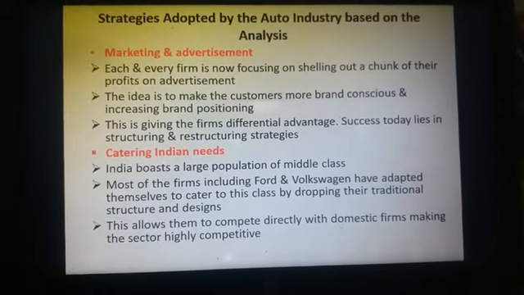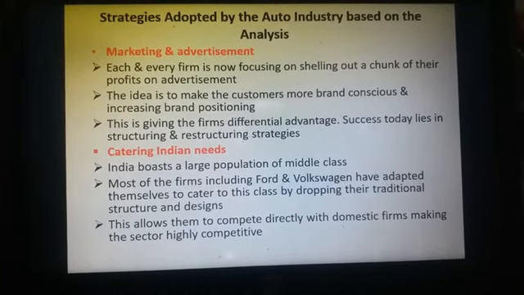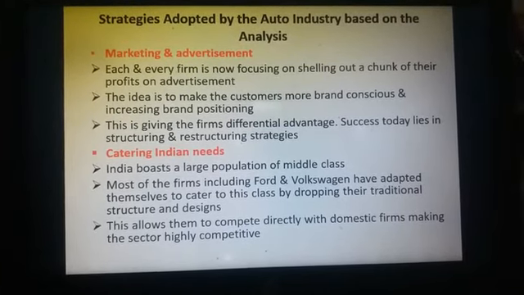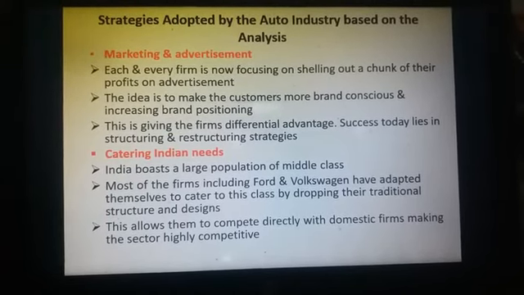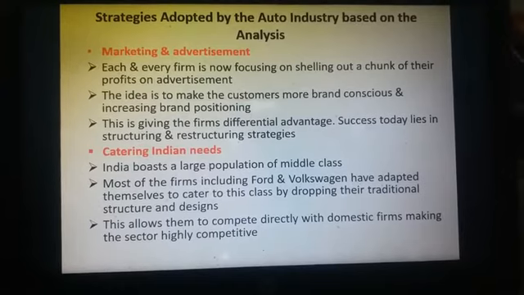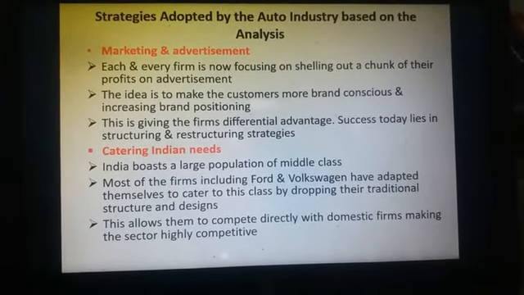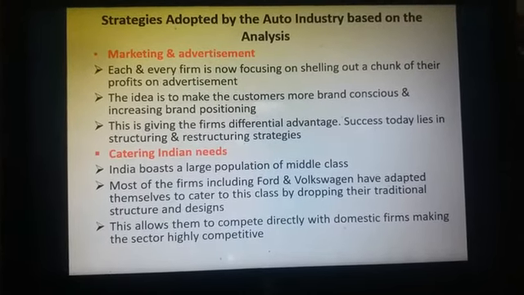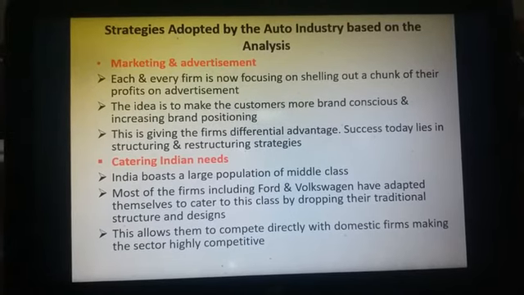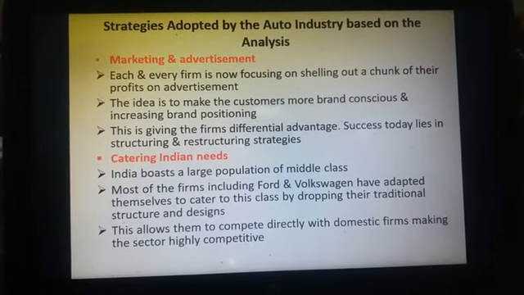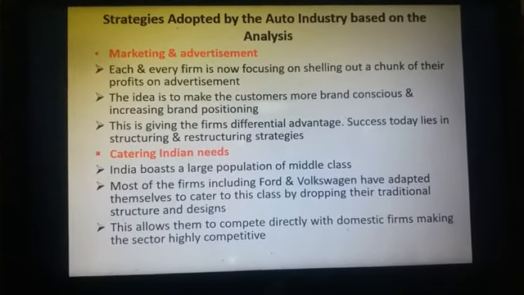Now, marketing and advertisement. Obviously, once a product is ready, you need to market. For that, you need to create some strategies. Depending on the profit, advertisements, every firm has got a different ideology. The idea is to make the customers more brand conscious. The nutshell is advertisement and media marketing: you have to portray yourself, you have to set an image into the mindset of the customers so that they actually buy your product, because customers are the king of the market. Their needs and wants are to be taken care of.